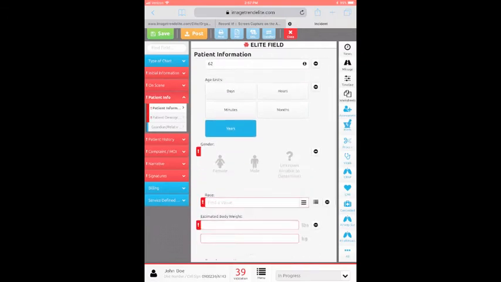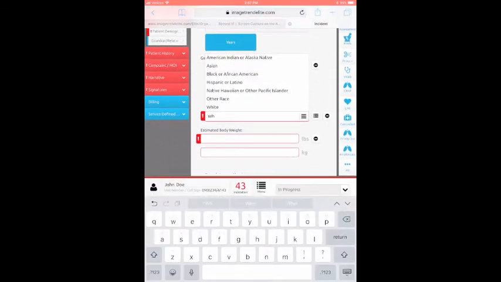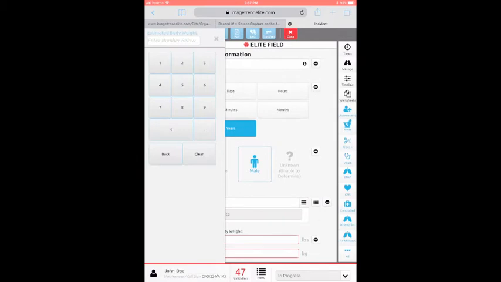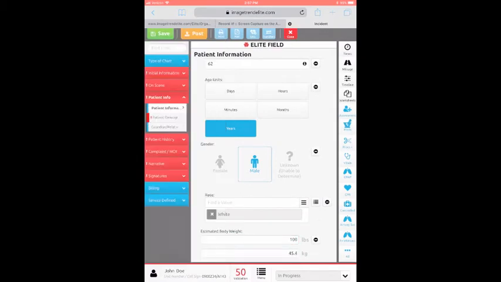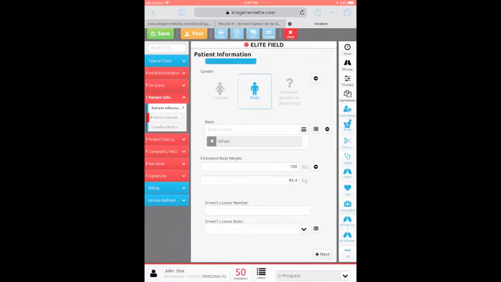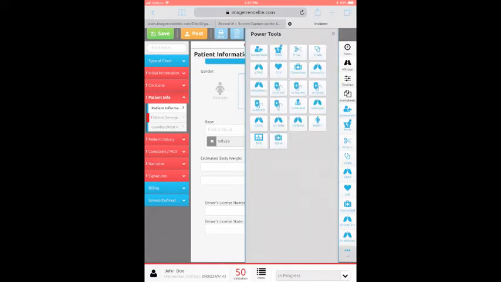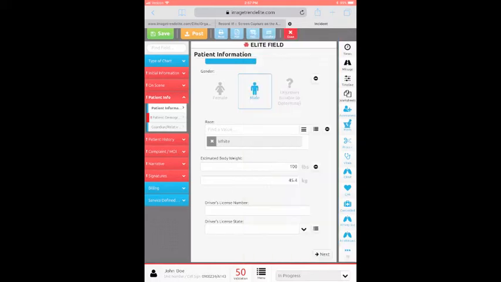So once this system is up and running, everybody's comfortable with it, you'll only have to do this. So on a refusal, you won't need the clipboard anymore. You can literally bring the tablet in, go through this process, and you won't need to actually obtain any physical paperwork anymore. So once that's done, on the right side here where the power tools are, we're going to go over to